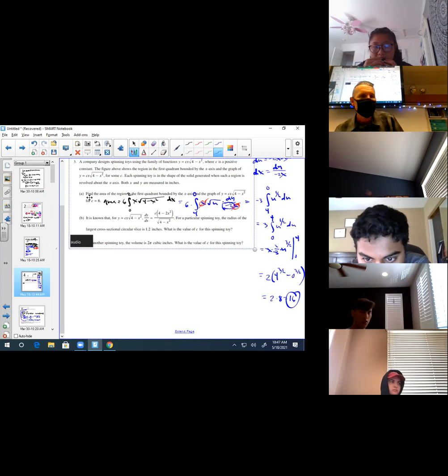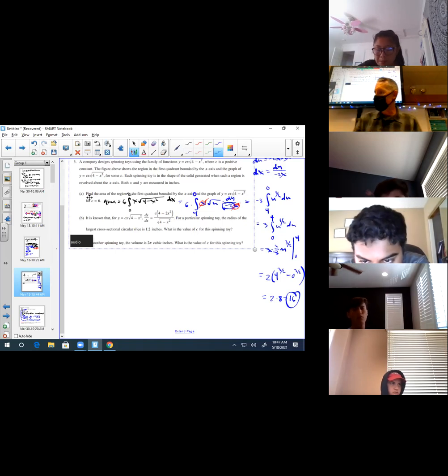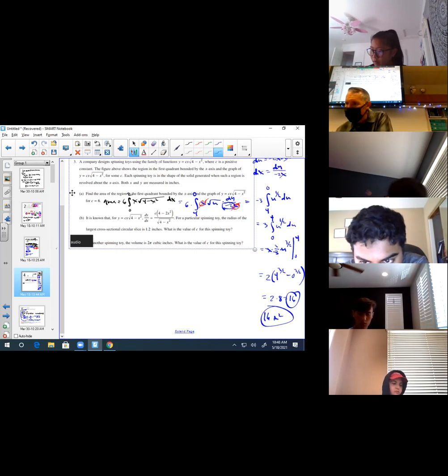Now, they don't ask us for units of measure. But what would the units of measure be, given that both x and y are measured in inches? I just found the area, so square inches, right? You might want to put 16 inches squared. Again, they don't necessarily ask for units of measure, so that wouldn't be required. Okay, for B,